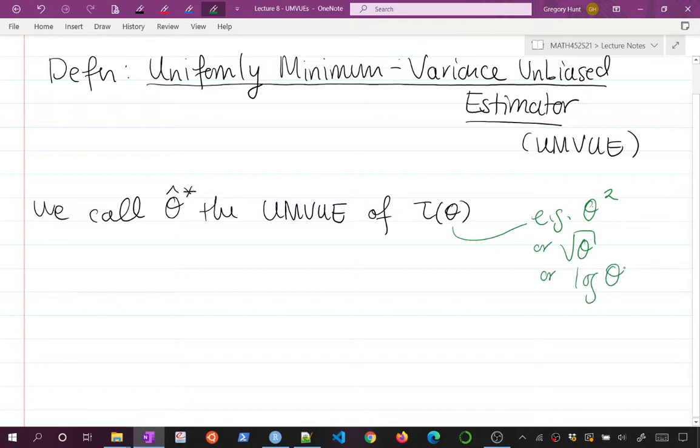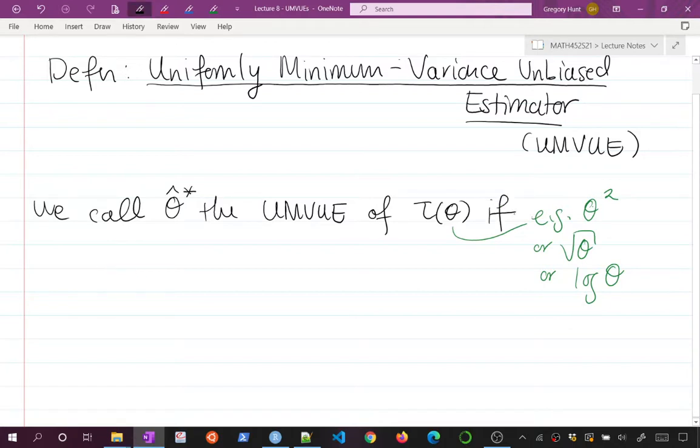So maybe, for example, theta might be our mean. We might not want to estimate just the mean directly. We might want to estimate some function of it. So tau here is just some real valued function like we're used to. And so we call theta hat star the UMVUE of whatever function we want. Tau could just be the identity function, so it could be theta, but it could be another function. We call it the UMVUE of tau of theta